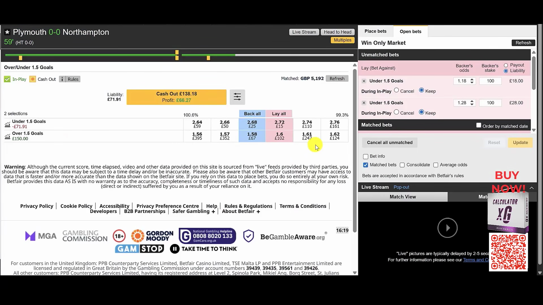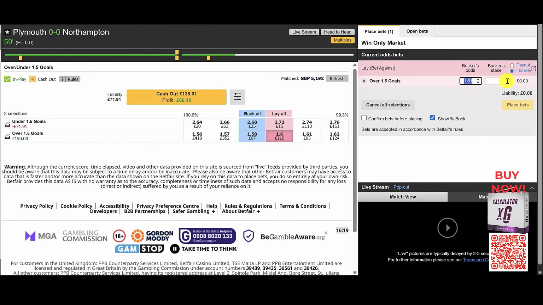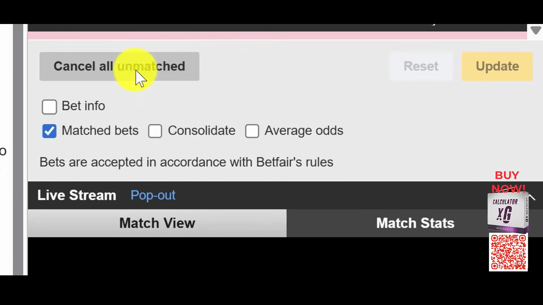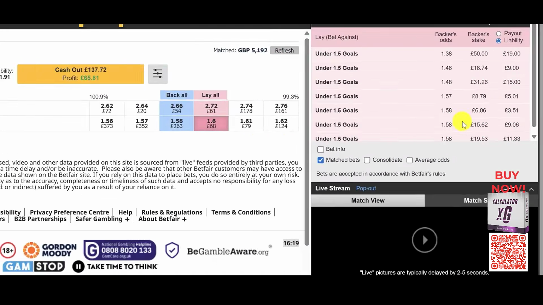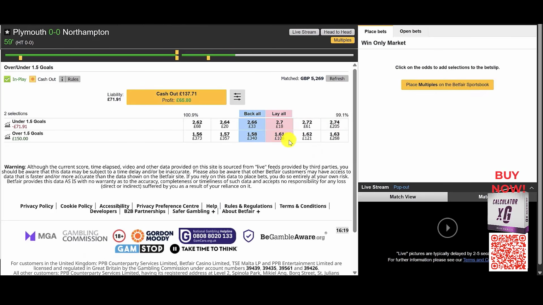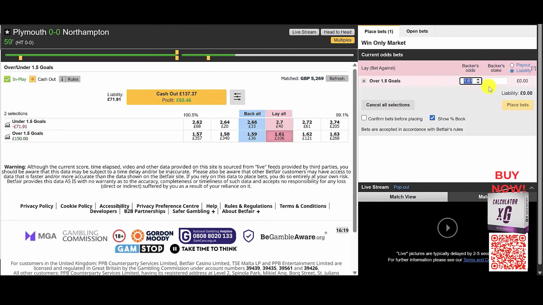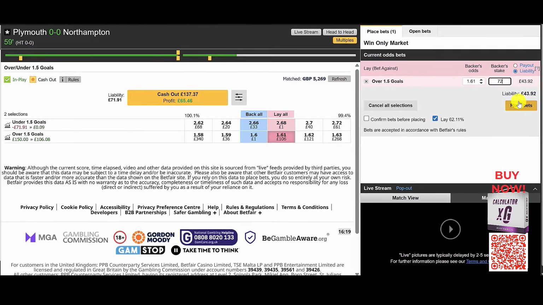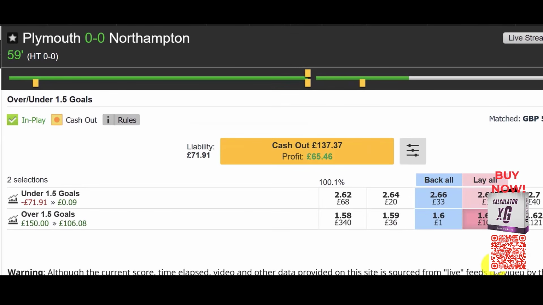So we could actually take a profit out of this right now. But first thing I will do, in fact, hold on. Yeah, let's just cancel the rest of these bets because we're not going to need that right now. So the first thing I will do, we're just going to take the risk out of this and leave ourselves a bit of a free bet on the over 1.5 goals